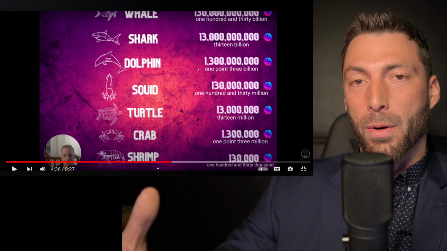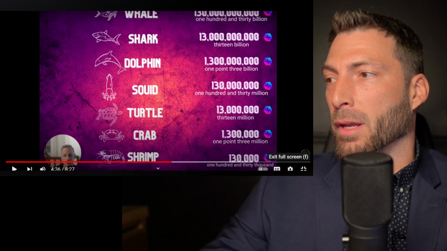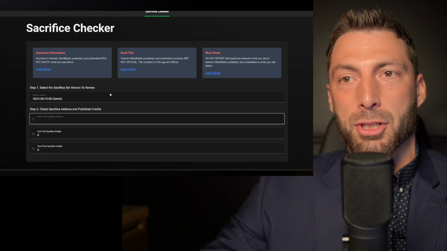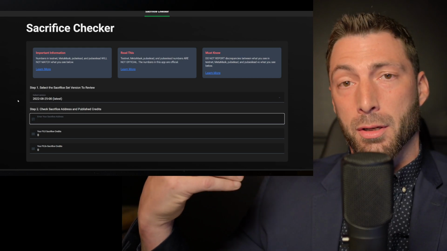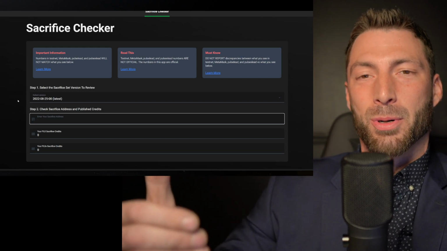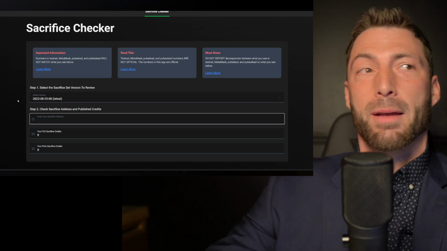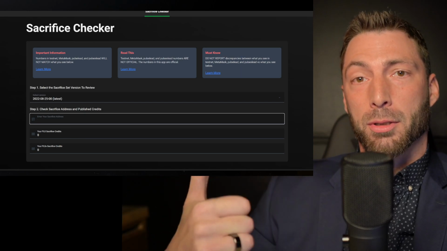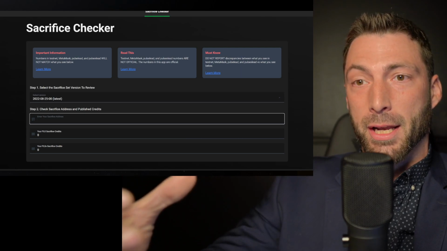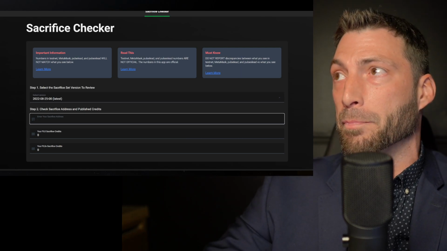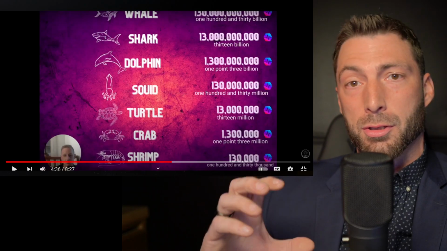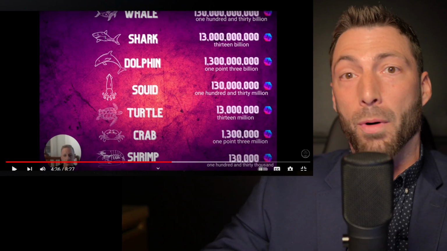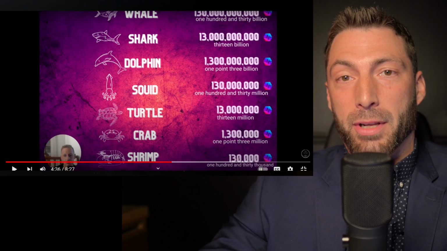If you do not know how much pulse you have, I'm going to put this link down below also, but you can go to Pulse Sacrifice Checker. Just copy in your public key, of course, not your private key, your public key, paste it in here, and it'll pump back out the pulse that it's calculated that you're getting, as well as your pulse X. But this particular chart here is just concerning Pulse Chain, and you can take the numbers from that to have an idea of where you stand relative to other people.